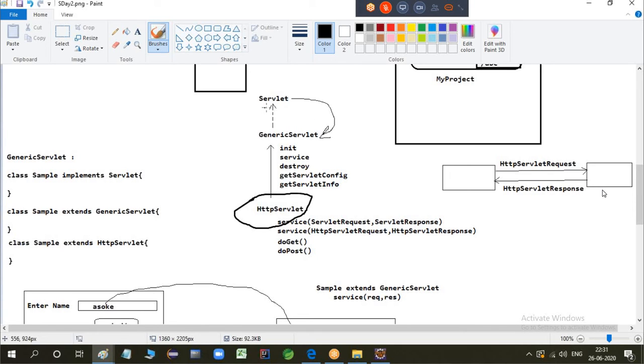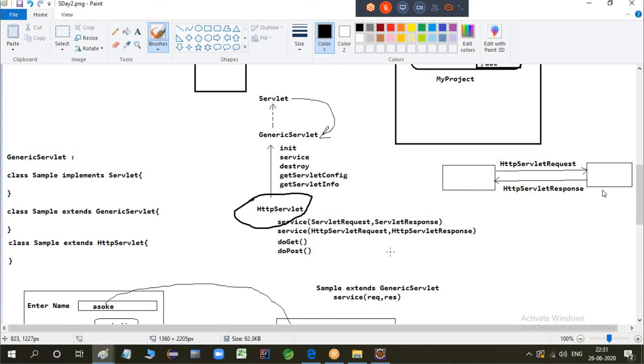Previously, we used to extend with servlet, implement with servlet, then extending to generic servlet also you can do. Now the final option you will be having is HttpServlet, because you will be having so many options there. 2 service methods, okay, where you have to take as HttpServletRequest, or doGet with HttpServletRequest, doPost with HttpServletRequest. So many options you will be having in this HttpServlet class. It is the enhanced version of creating a servlet.